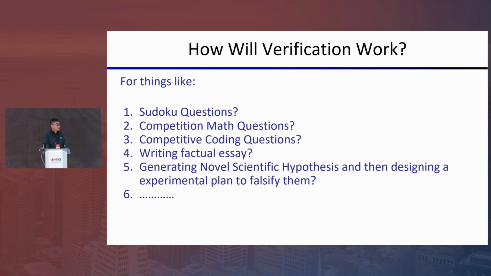There are many tasks we want to solve and many verifications we need to do, but they are kind of different. I'm listing a couple of examples being talked about all the time in the community. For example, solving Sudoku. Sudoku is one interesting example where it's very hard to come up with a solution. We need to try many times, but it's actually very easy to verify. I try an answer, I know immediately if it's right or wrong.